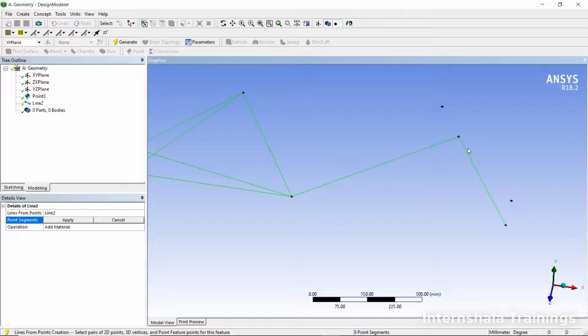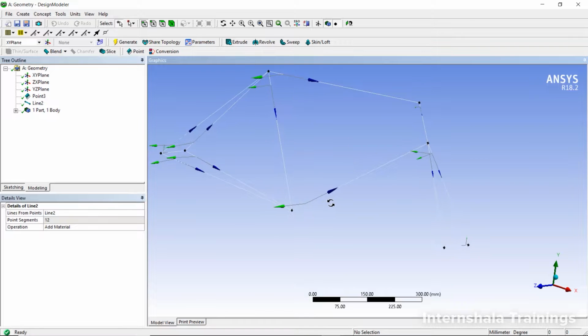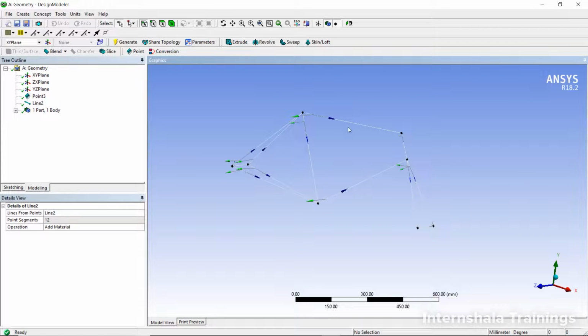and I'm going to select this point as well, and I'm going to select this point, and I'm going to select this point, and I'm going to select these 2 points, then I'm going to select this point and this point, and I'm going to select this point and this particular point, and say generate. I need to apply first and then say generate. So what happens, in a single stretch we have created all the 12 lines, but if you have different lines bearing different cross sections, then you need to create different lines. So for example, if this is a rectangular cross section, you need to generate this line separately.